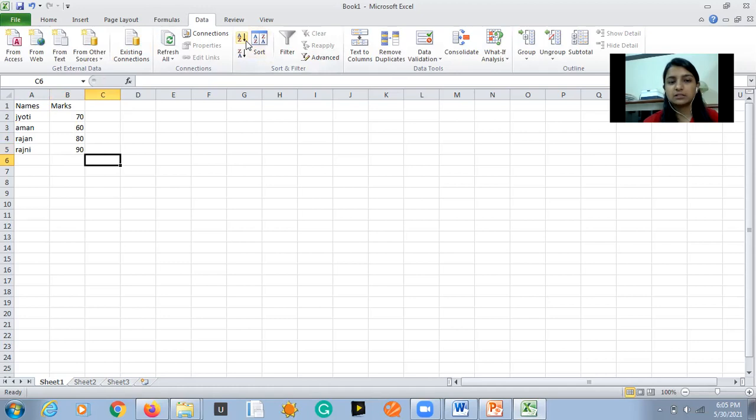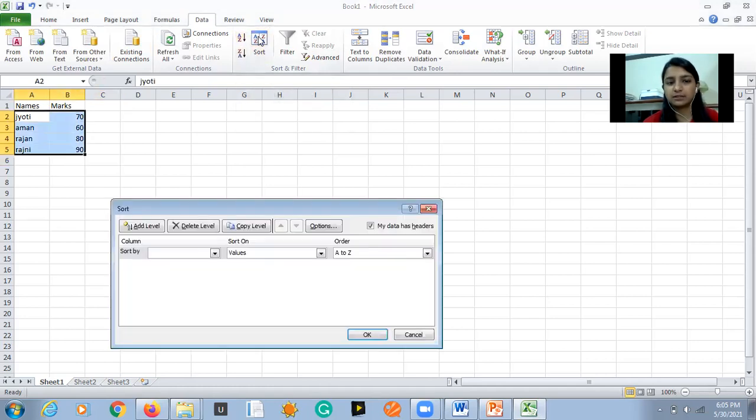Now we can see the option for sorting, that is here. Now what you can see, I clicked on Sort, then they have asked us to sort by what, by names or by marks. You can sort in alphabetical order or in numerical order. Like I say, names.